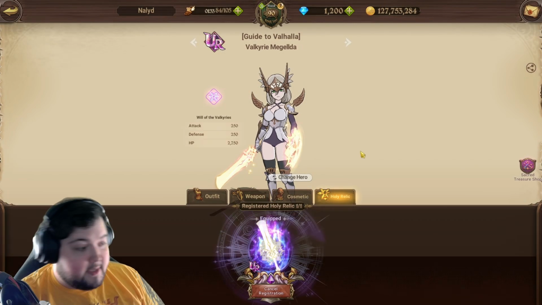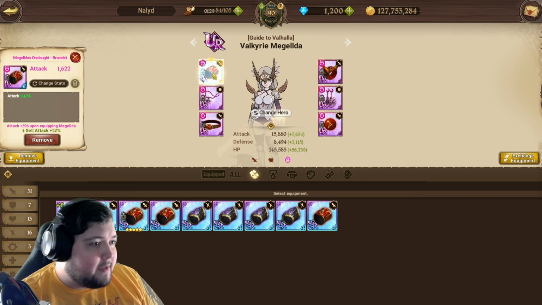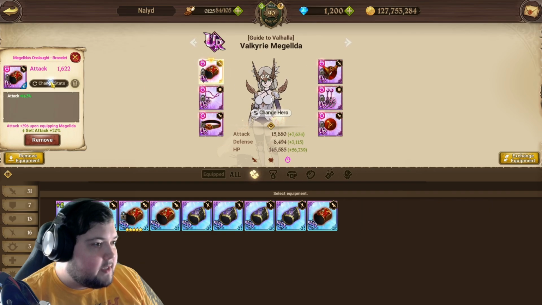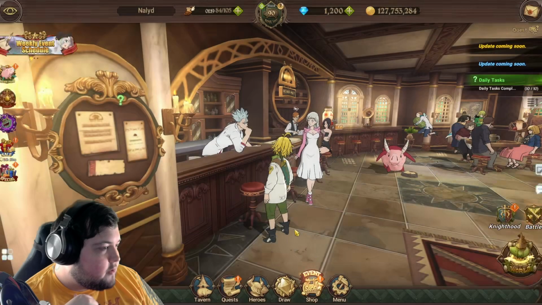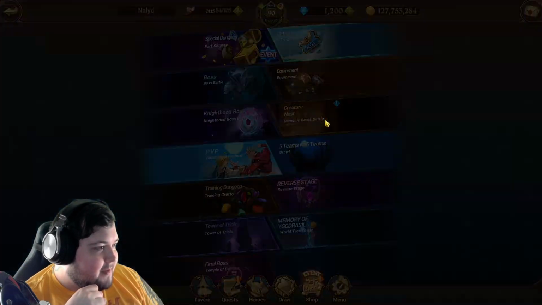Cosmetic, and then obviously now I have the Holy Relic. I do have an attack crit damage set for her that isn't super maxed out, but it's actually got a pretty decent amount of good rolls on it and stuff like that. So yeah, I haven't touched the boss this week because I'm super on the fence on whether or not I